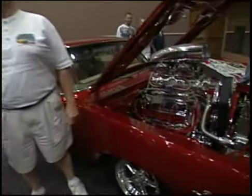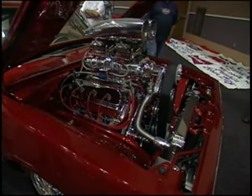And Griff, another one of the cars that was picked out is this 1967 Barracuda. I am really loving the color. I am loving even more what is under the hood. Tell me about this car. Okay, it's a 1967 Cuda. I wanted to build a Hemi car, so I started building this Hemi motor. And if you're going to build one, you got to put a blower on it. You got to make it